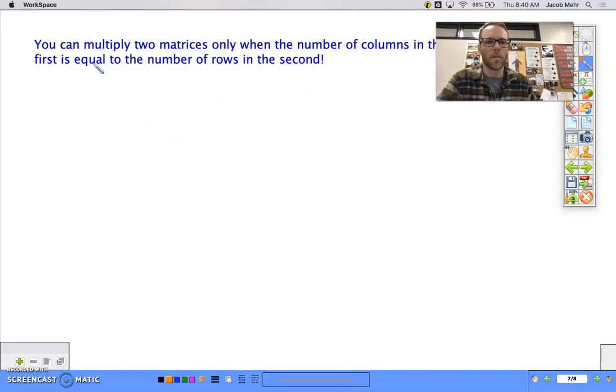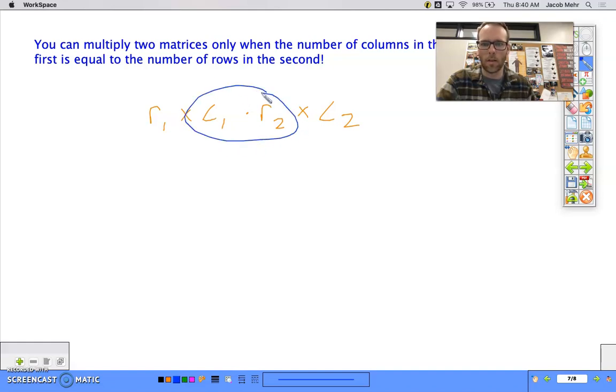Okay, so here's how this works out. It's pretty slick. So number of columns in the first has to equal the number of rows in the second. So let's say the first one has R1 rows and C1 columns. Now we're going to multiply that by the second one, where the number of columns in the first has to be equal to the number of rows in the second. So the number of rows here, by the number of columns, these right here have to be the same. The number of columns in the first has to be the number of rows in the second. And what's cool is that your result